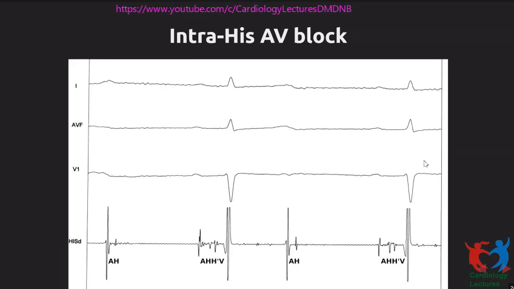had syncope, had some documented intermittent complete heart block, and on EPS what we find is that there is disease of the his bundle, so that the his conduction itself is prolonged. There are 2 his potentials, and the block happens after a first his potential. So after the A, we see 1 his potential, and then we do not see a second his potential, implying that block is happening within the his Purkinje system. And this is a rare condition known as intra-Hisian AV block. Again, needs to be paced.